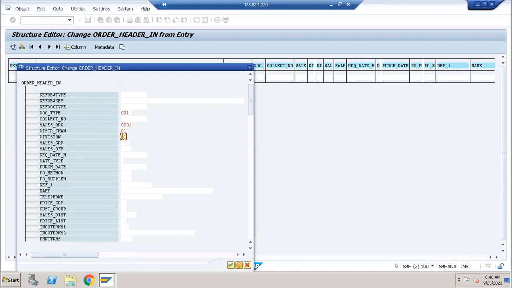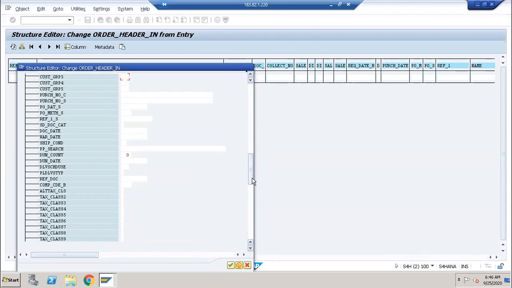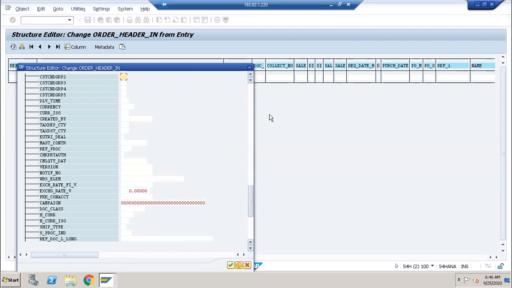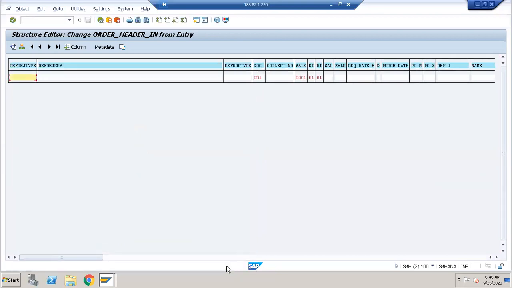Other than this, I am not taking anything here. I'm checking for any other fields. Fine, I am not taking anything. So just click enter or the OK button. Now click on back.